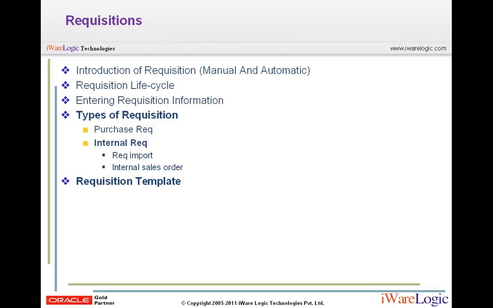And suppose the source of that material is any of the organizations which belong to our enterprise structure, then that requisition is called an internal requisition. And from the internal requisition, the source organization imports the requisition using requisition import, and from the requisition which is imported, an internal sales order will be created. So from the purchase requisition, the purchase order will be created, and from